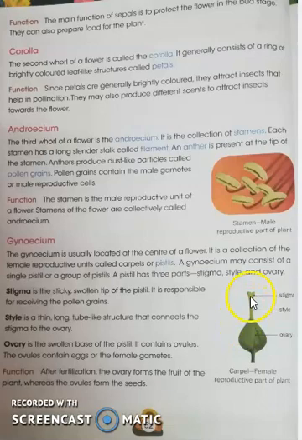Here you can see the thin, long, tube-like structure that connects the stigma and the third part, the ovary. This connecting tube is called the style. And the last part, the swollen part, is the base of the pistil. It consists of the ovules. Ovules contain the eggs, which are the female gametes. So this is a carpel or a pistil, consisting of stigma, style and ovary.